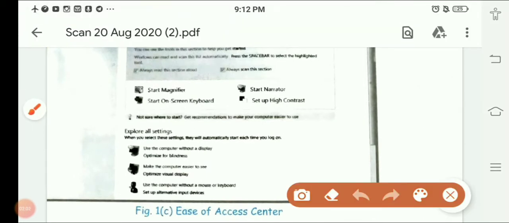Here are 4 options: start magnifier, start narrator, on-screen keyboard, and set up high contrast. Magnifier: if any person is not able to see the things on the computer easily, the magnifier zooms in on whatever is on the screen and shows you a large font size.